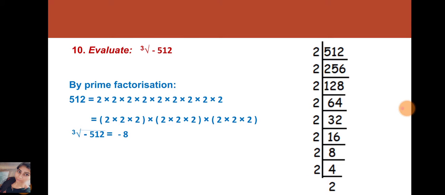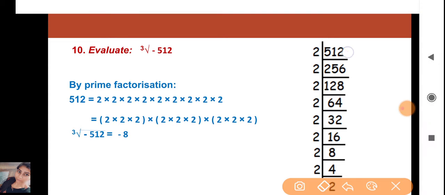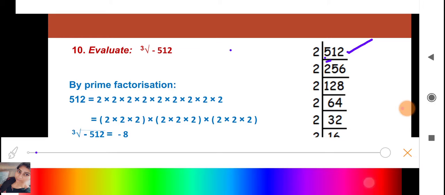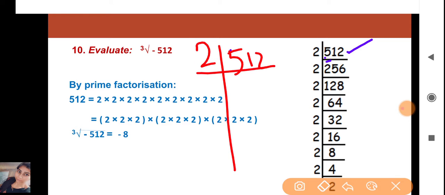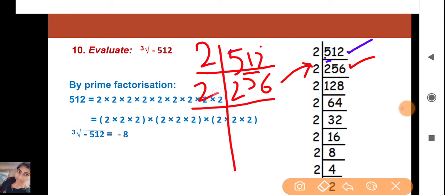My question is to find the cube root of 512. So the very first step, let us find the factors of 512 by using prime factorization method. 2 2s are 4, right? Okay, I'll just show you the division only. 512. So we will divide with 2, because the unit digit is 2, or even, we can divide it by 2. So 2 2s are 4, 2 5s are 10, 2 6 are 12. Just see. I will show you each and every step in this also. Then again with 2, 2 ones are 2, 2 twos are 4, 2 eights are 16.